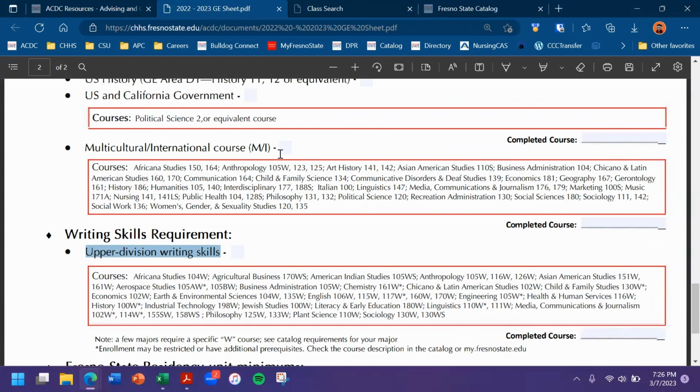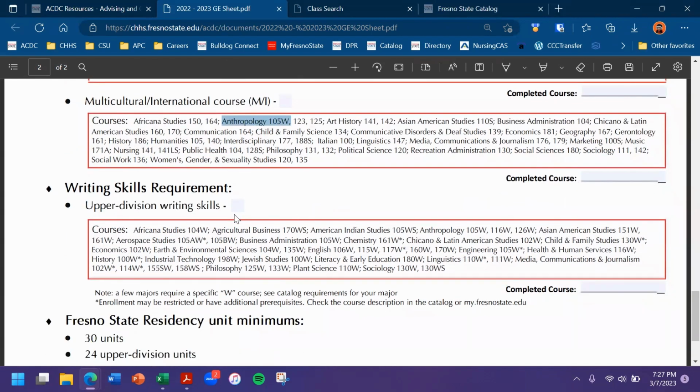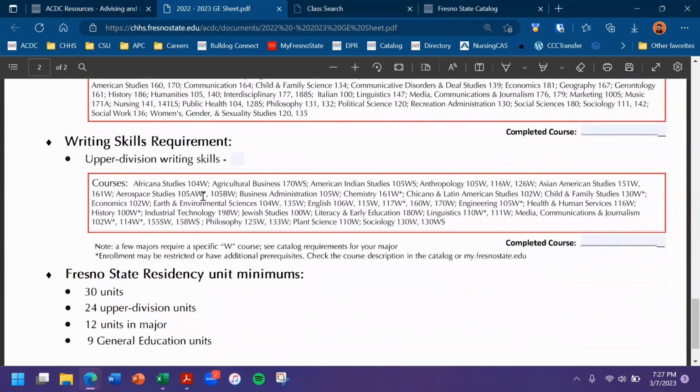With all four of these areas, GE courses can be double counted with your major or potential minor. GE can be a great way to explore a potential major or minor, and generally just need to be done as soon as possible, but prior to graduation at the minimum. We'll put a note again too with anthropology, but all these courses will have something to do with either multicultural issues or international aspects. And as we move into the last requirement, the writing requirement, we see that all of these courses have the specific W annotation on them as well, which marks them as a W course.